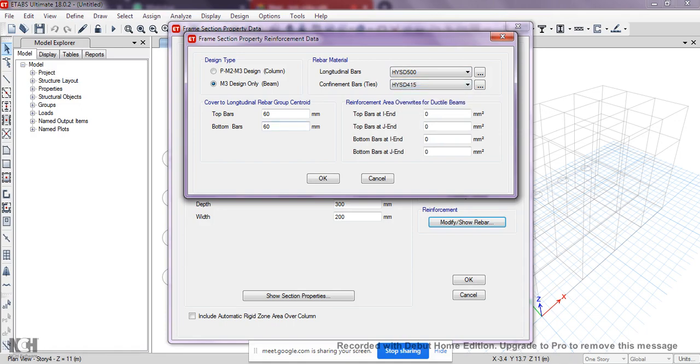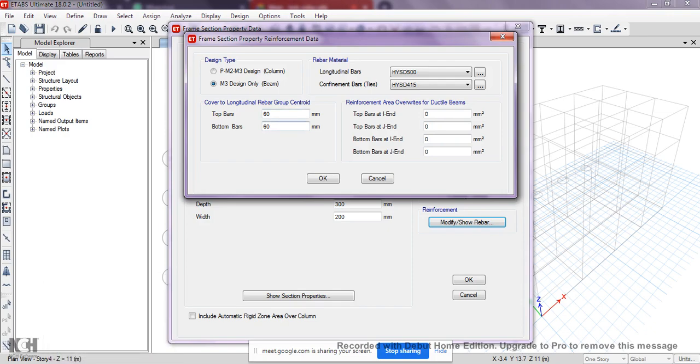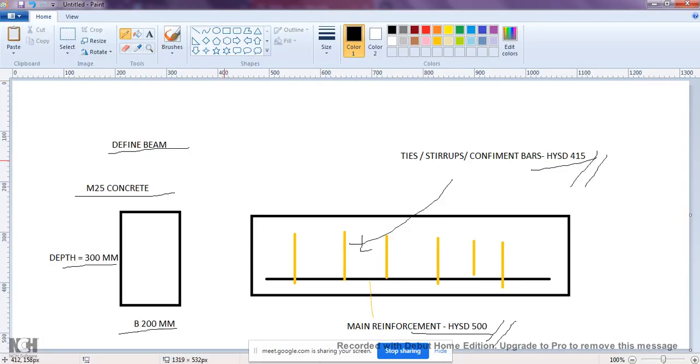Okay. Next we have to give the concrete cover to longitudinal group centroid. It is given as 40 mm by default, or 60 mm, and now I need to change that. Actually, it is not correct by default.